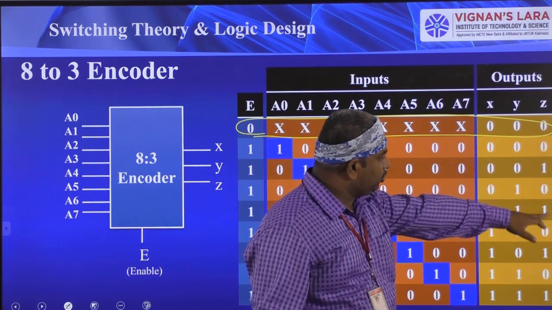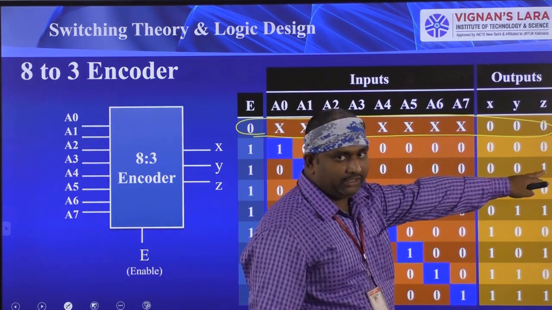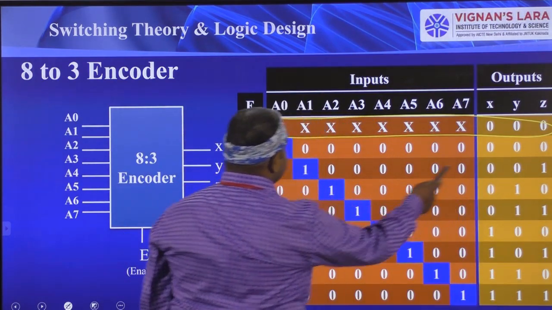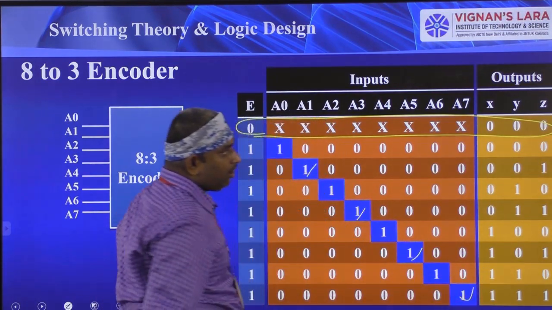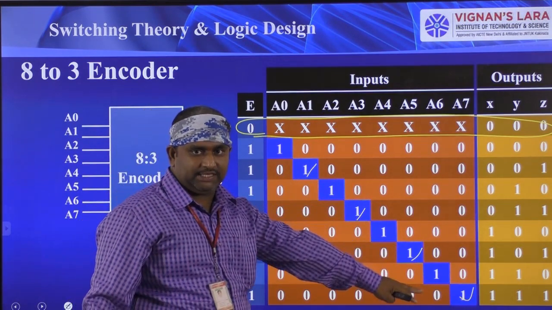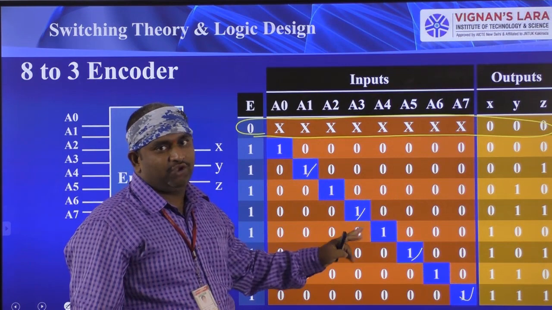01010101. Okay, so see here, the output is switched on at this time, at this time, at this time, at this time. 4 combinations. Those 4 combinations are representing A1, A3, A5, A7. Now Z is equal to A1 plus A3 plus A5 plus A7. So note it down carefully. Z is equal to A1 plus A3 plus A5 plus A7.